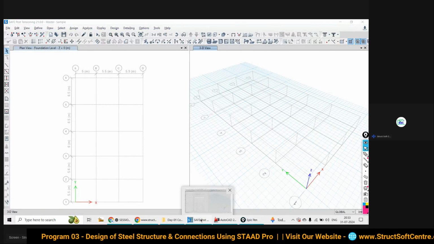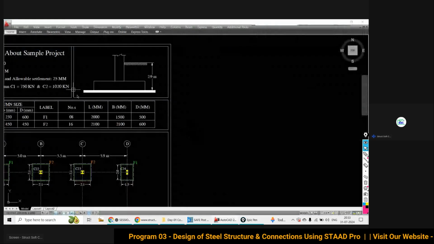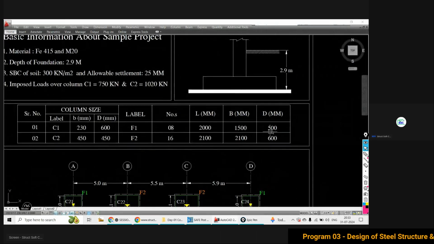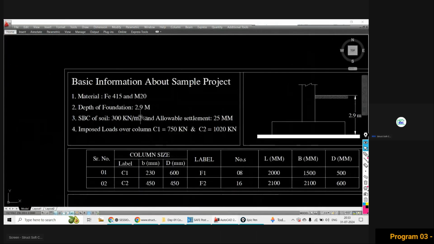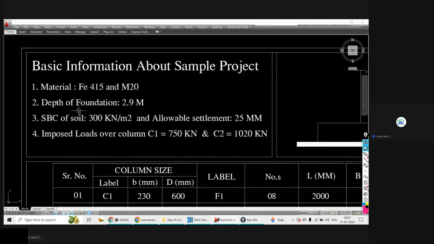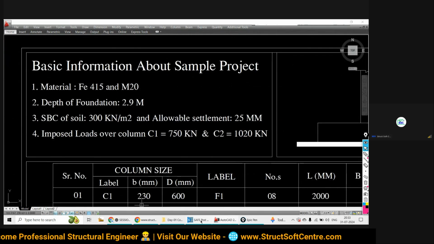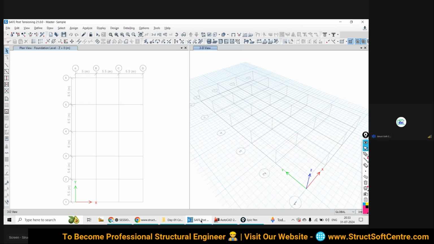Now, coming back to this: the column section has been defined, the footing section has been defined. What else? Yes, soil property. As we have seen earlier, in this CSI SAFE software we cannot model the soil.